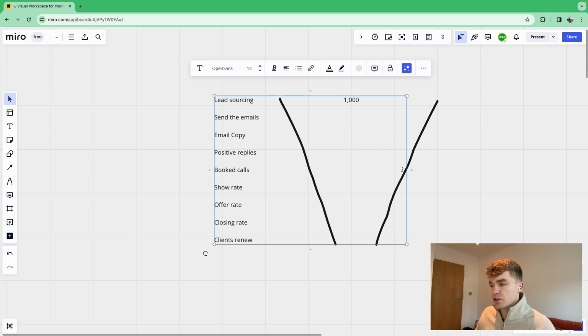So the sending of the emails is actually going to be how many of those emails deliver into the inbox. If the email doesn't land in the inbox, if it lands in the spam, so your email deliverability, then at this point, there's nothing that you can really do, right? We want to realistically have 100% of the emails land in the inbox, and there are ways of doing that. But realistically, with a lot of the systems that you might have, especially if you don't have the knowledge to do this, you're probably looking at about 500,